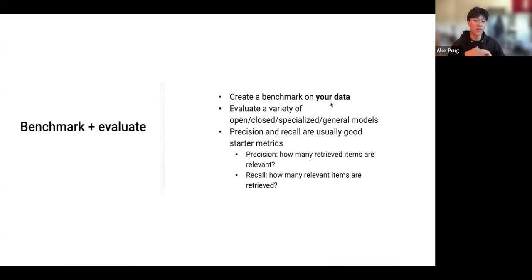Just a bit more into the specifics of how to do actual evaluations. We're going to be looking at two metrics called precision and recall today. These are usually really good starting points. They're the gold standard starting point metrics to evaluate in natural language processing. And these two metrics are basically asking, for precision, how many of our retrieved items are actually relevant to our query. So, if we're asking about